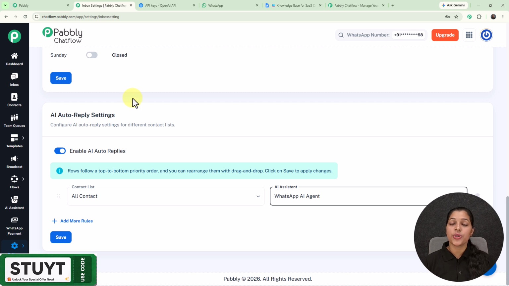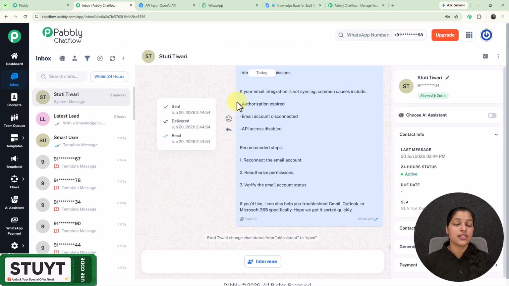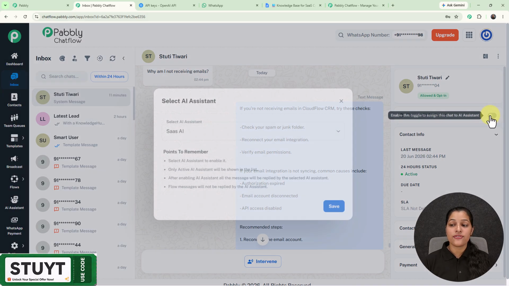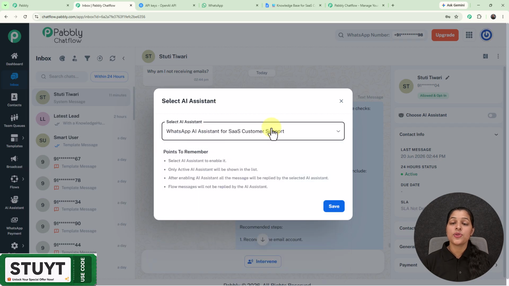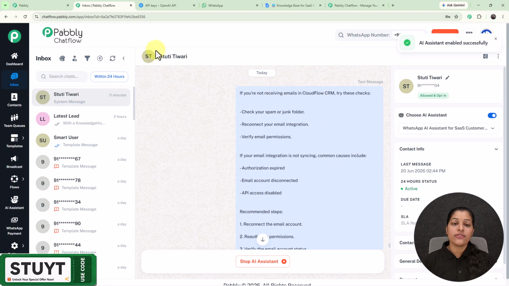Now let me show you how you can do it for a particular chat. So for that, I'm on my inbox, and right here I'm going to enable this AI assistant for this particular chat. So here I have selected it, and right here we are getting this option for choose AI assistant, which you have to enable, and from here you can select the AI assistant which you want to enable for this particular chat. So here I have enabled it, and now if this user messages me, the responses will be